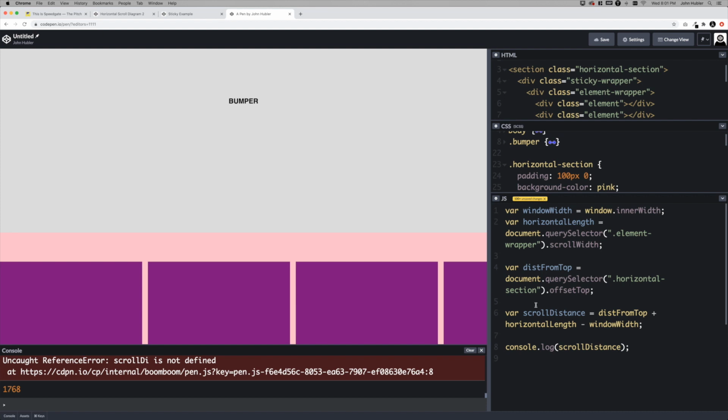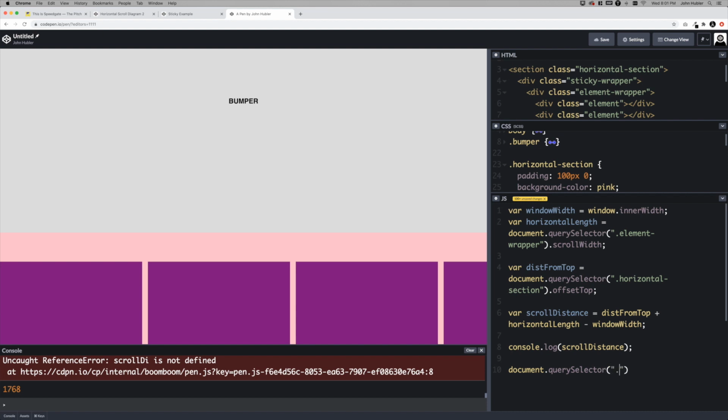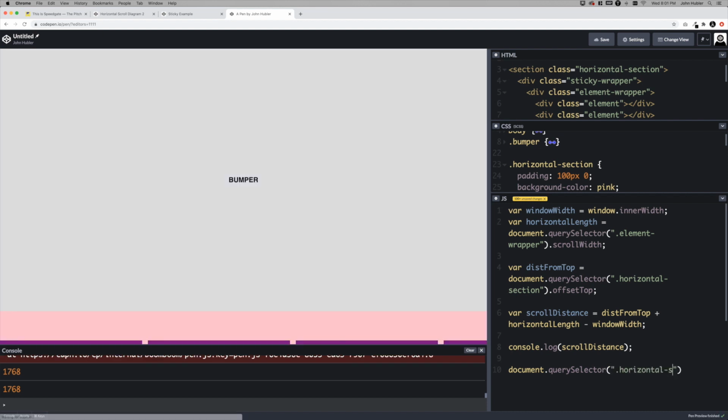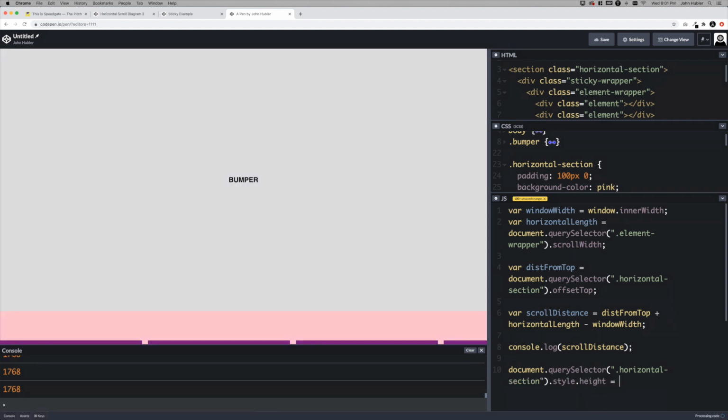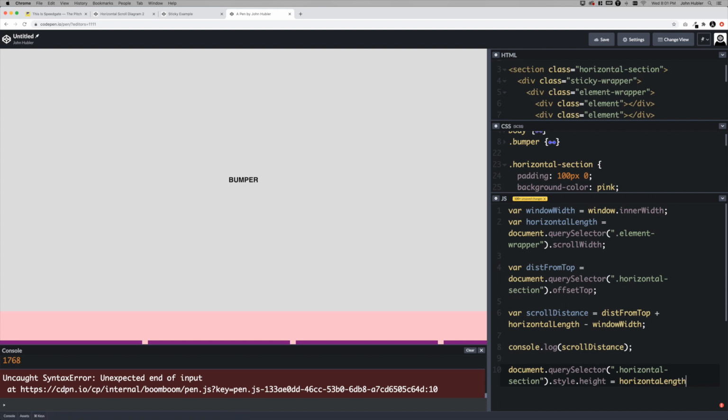Okay, so the next thing that we need to do is, basically, this whole effect is not going to work unless we do this piece. We need to dynamically set the height of this pink section, and this is how our sticky element knows when to stop being sticky. So we're going to say document.querySelector('.horizontal-section').style.height equals horizontalLength